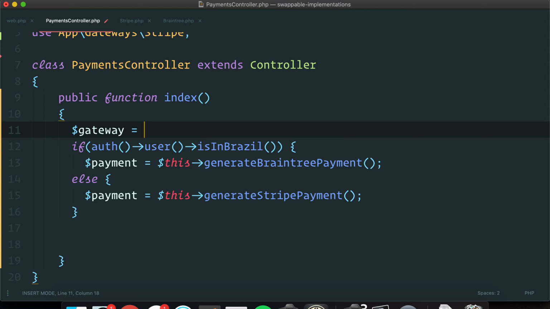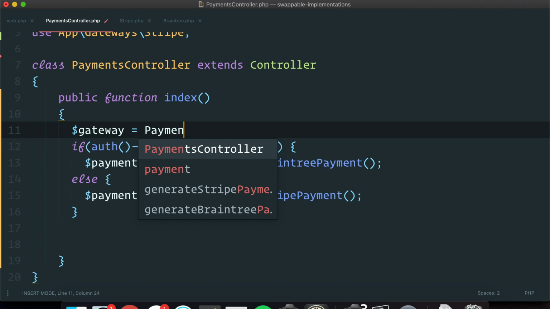When someone asks you for the payments interface, actually give them the Stripe gateway, something like that. I'm going to show you guys. So the first thing is the factory pattern. And what you could do here is you could say gateway